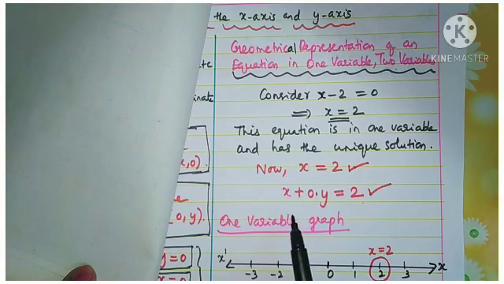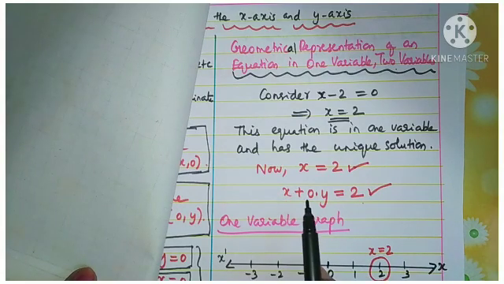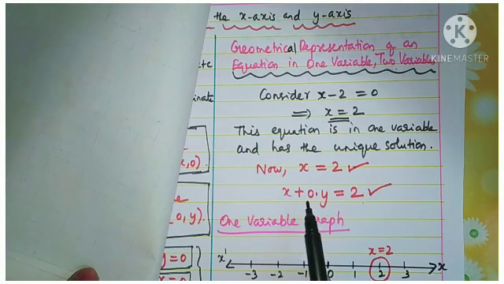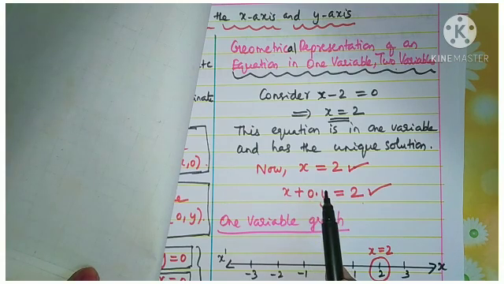Okay children, so now how to represent the same equation? Here you see, whenever you put any value for y, that term becomes 0. 0 into 1 is 0, 0 into 5 is 0, 0 into 9 is 0. So for any value of y, if you give y as 20, it is 0 into 20, which is 0. If you give y as 10, 0 into 10 is 0. So we can take any value for y, but this term is 0.